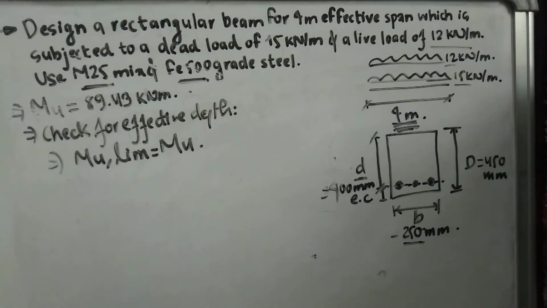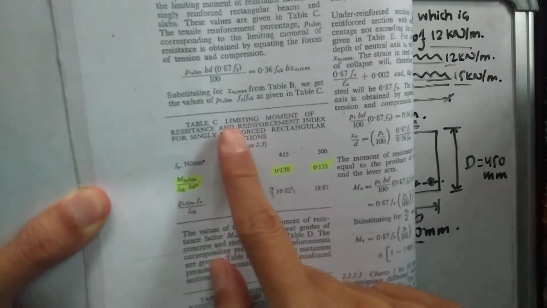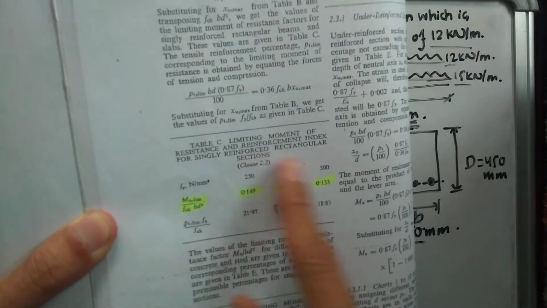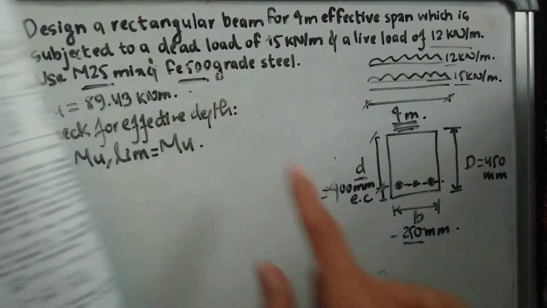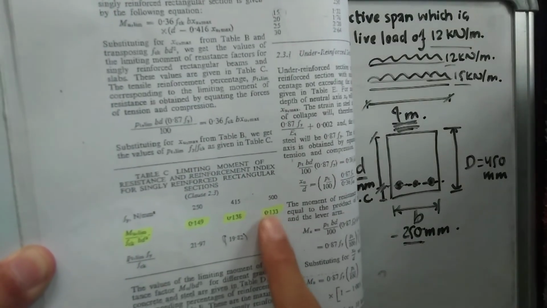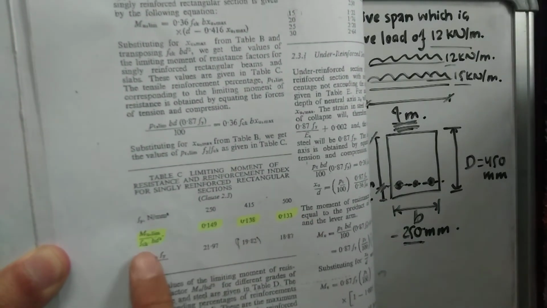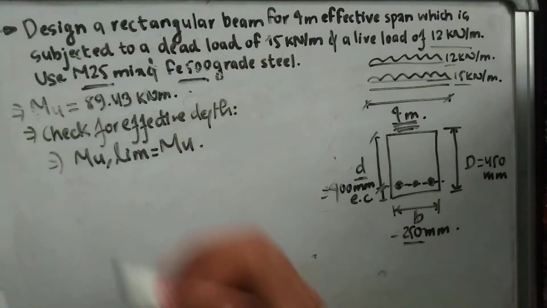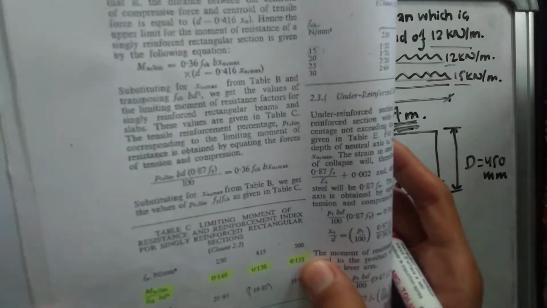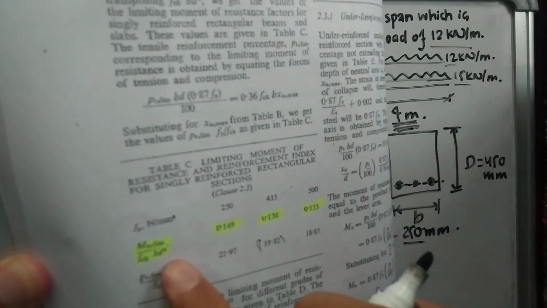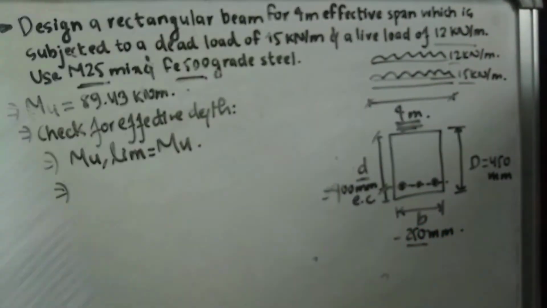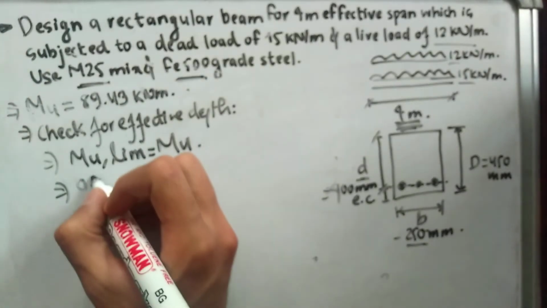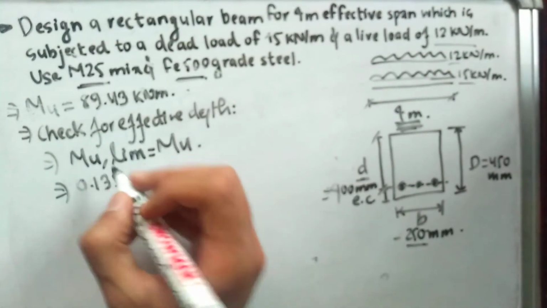What we have here on page 10 is the limiting moment of resistance and reinforcement index for singly reinforced rectangular section. We have Mu limiting by FCK BD square equals to, and right now we are using Fe500 grade steel, so for Fe500 it is 0.133. I need the value of Mu limiting, so Mu limiting is going to be 0.133 into FCK BD square. FCK BD square is in the denominator, so we need to multiply it. Hopefully you have seen it on page number 10 of SP16. So Mu limiting is equal to 0.133 into